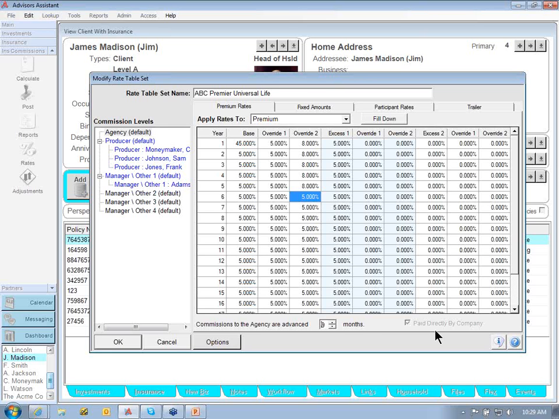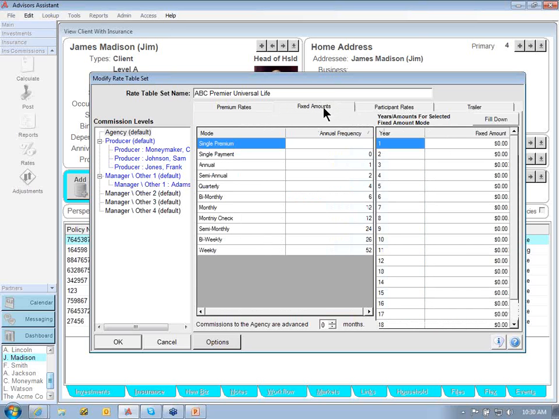So we've now finished the agency premium rates for this type of product. But since companies pay in different types of ways, there are other pages available for different types of commissions. The next page is for fixed dollar amounts. If the company will be paying a fixed dollar amount as the commission, the fixed amount can be entered on